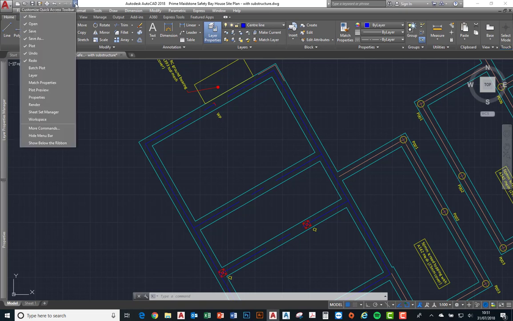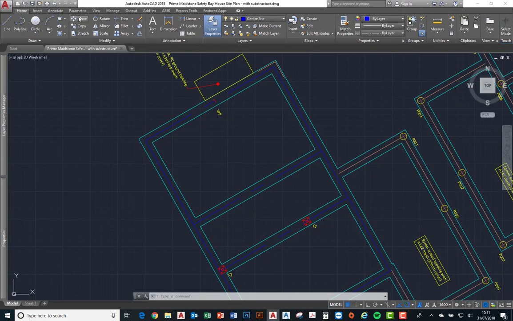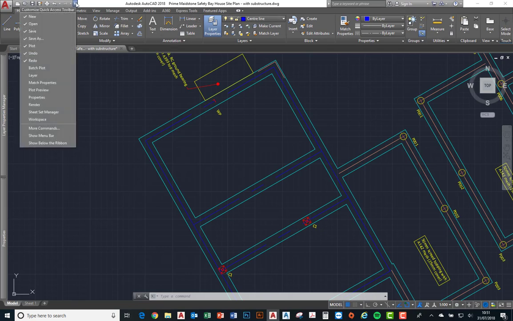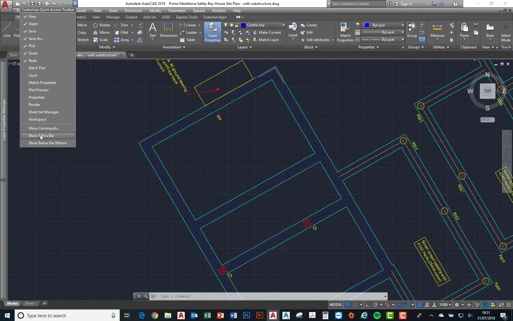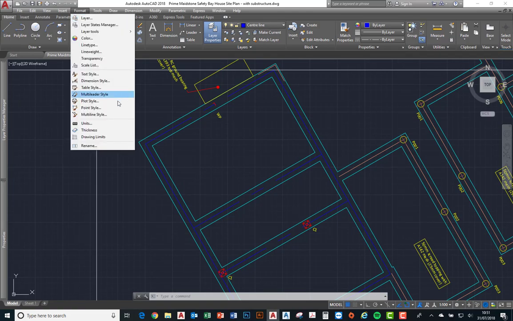Because I've got mine showing, it says to me hide menu bar. But if you haven't got it showing, you'll have this view, and you can select this downward arrow, and you would show menu bar. Okay, so basically under format you've got point style,